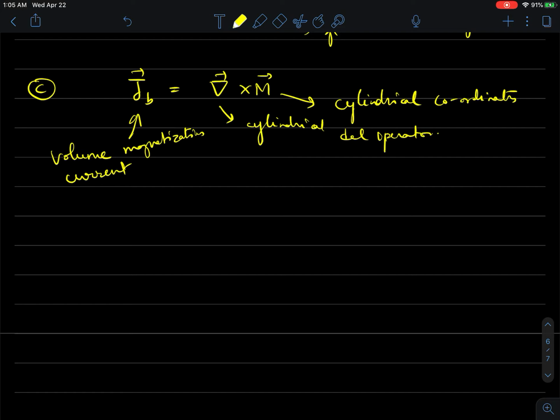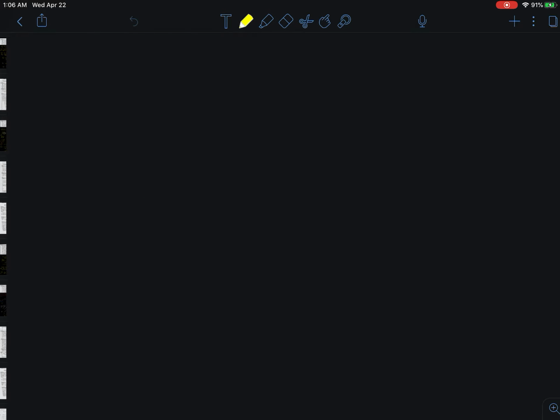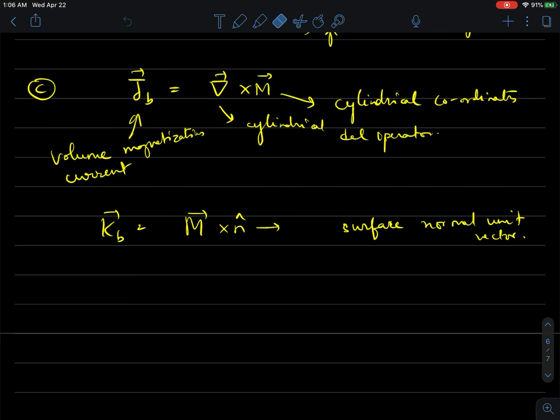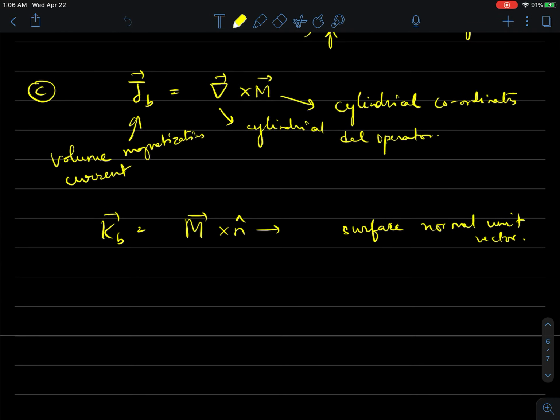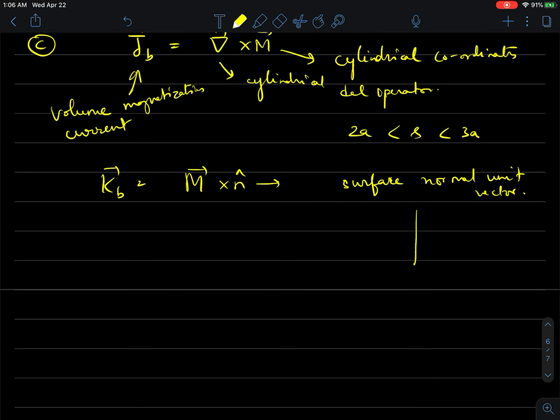Then again, KB is the surface current, which is given by M cross n cap, where n cap is the surface normal unit vector. They're asking us to find both JB and KB in the region from 2A to 3A, which is basically if our original conductor was here and the new